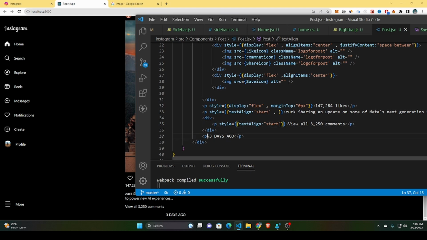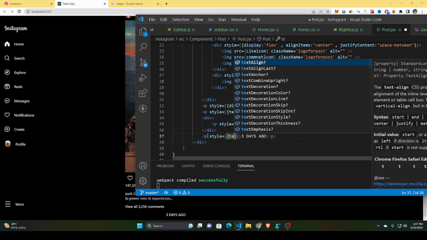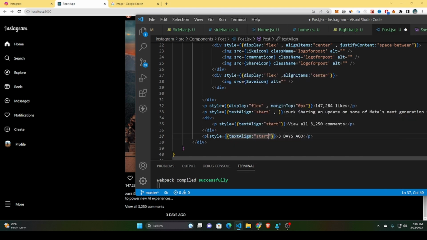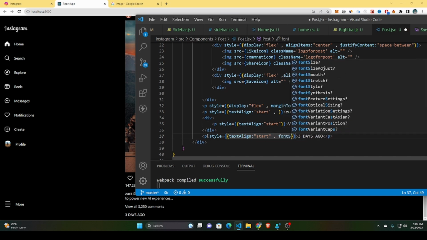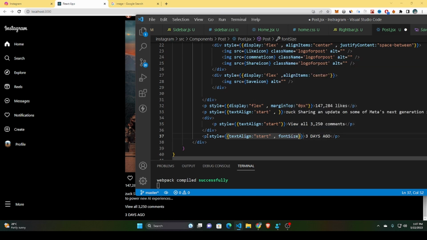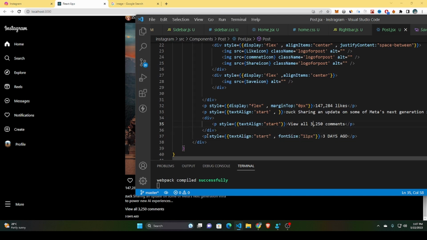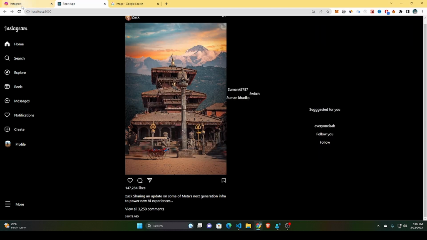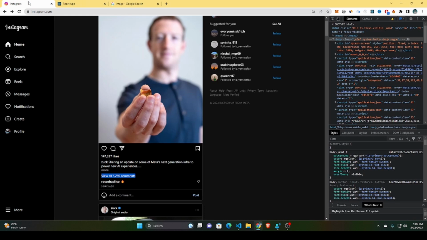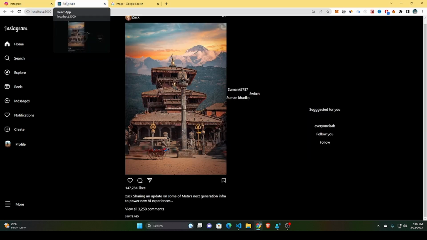Okay, do the same thing for this, text align start, and let's write a font size 11 pixel. Yep. And let's go back. Okay,